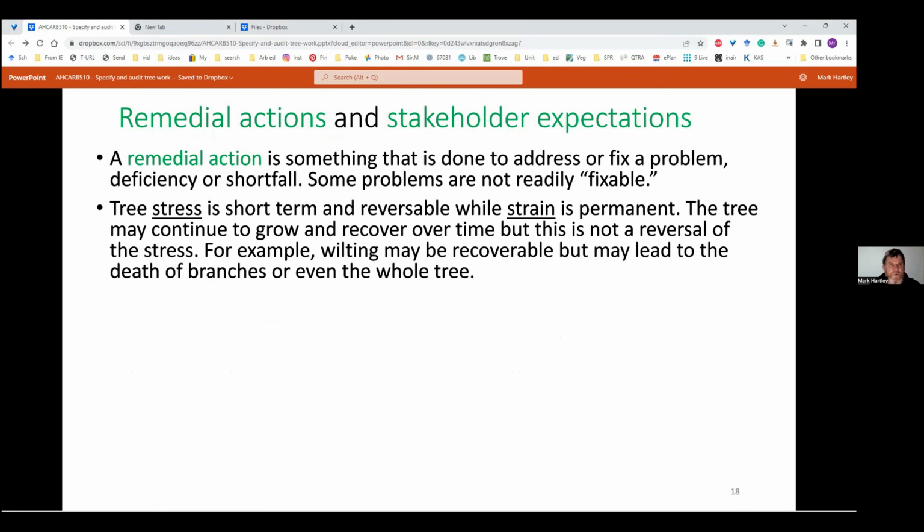For example, a tree will go through strain, tips will die off, and we've got dead tips. I've got a great sample in my collection of a camphor laurel that was poisoned. I dare say after it had been poisoned, it looked pretty poorly. But by the time it had completely occluded over the poisoning sites and come back, I'm sure it looked pretty good. So when I say it's permanent, it doesn't mean that it's irrecoverable. It simply means that that damage cannot be undone. Okay, so stress and strain are two different concepts.